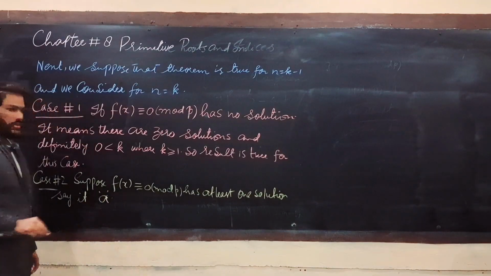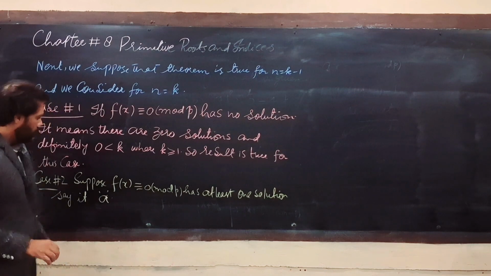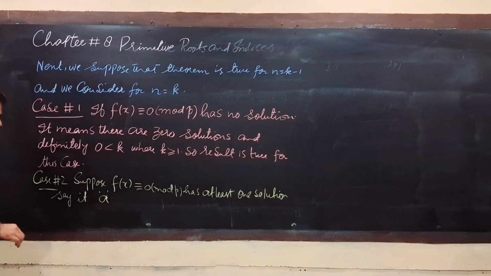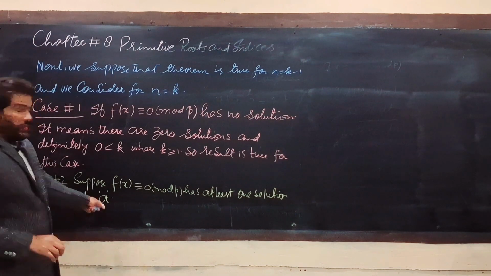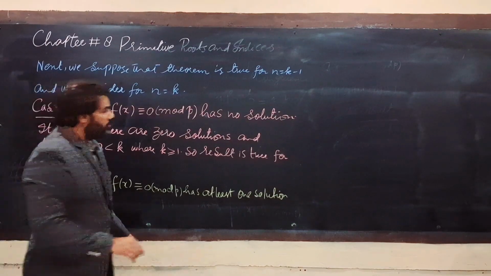Suppose this is the solution of this congruence. Okay, if a is one of the solutions of this congruence, then we divide